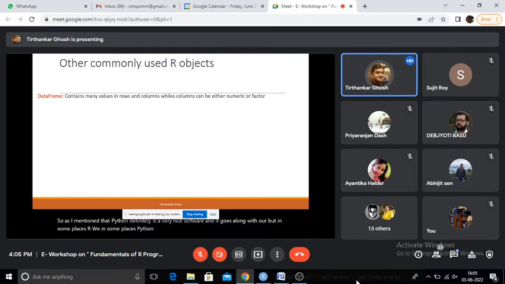If you are intending for general purpose computing, that is, developing an app which can be used through browsers and so on, then you should go for Python. But if you are more intense in statistics, then you should stick to R. So it depends, but both are very much useful in data science, though there are some other software like Tableau, MATLAB, SAS, everything used for getting data analytics done.